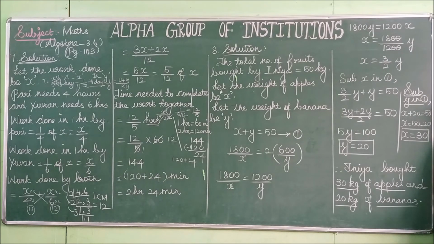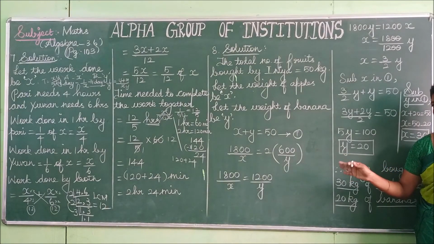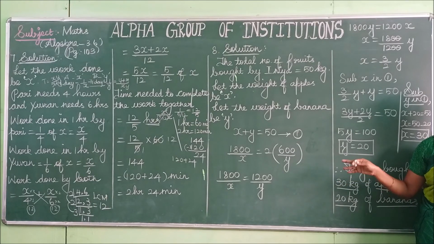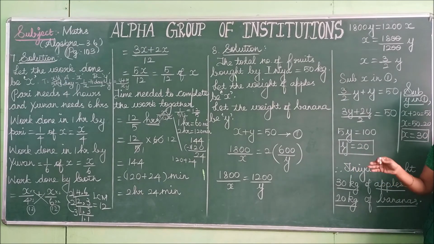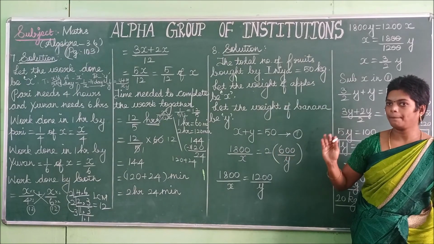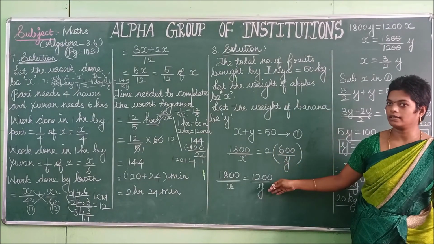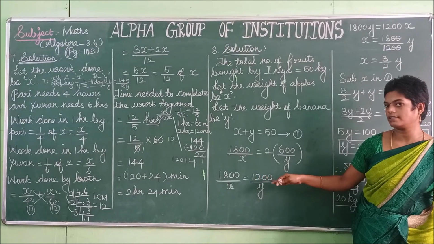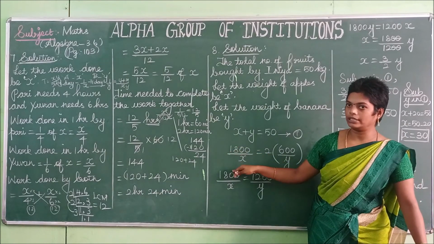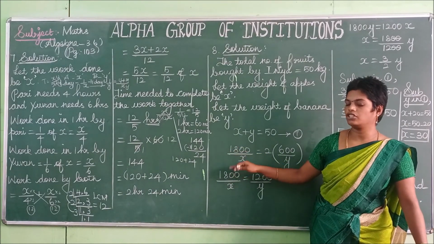If Inia bought 1800 worth of apple, we don't know how many kg it is. And also she bought banana for 600 rupees. That also we don't know the weight of the banana. Let us form the equation with the condition she paid twice as much for apple as for the banana. So we don't know the kg, so we have to divide rupees by total kg.